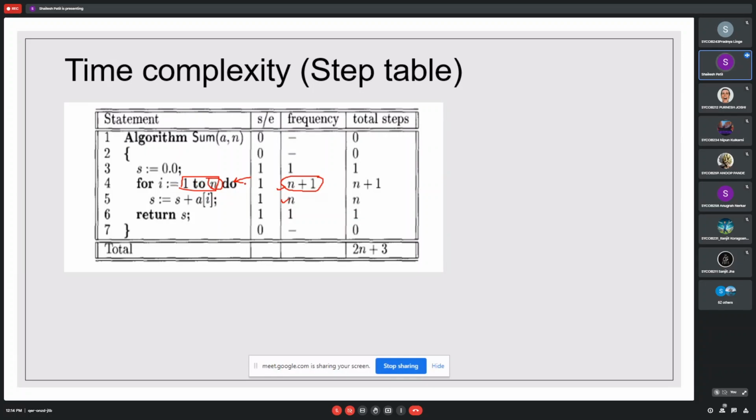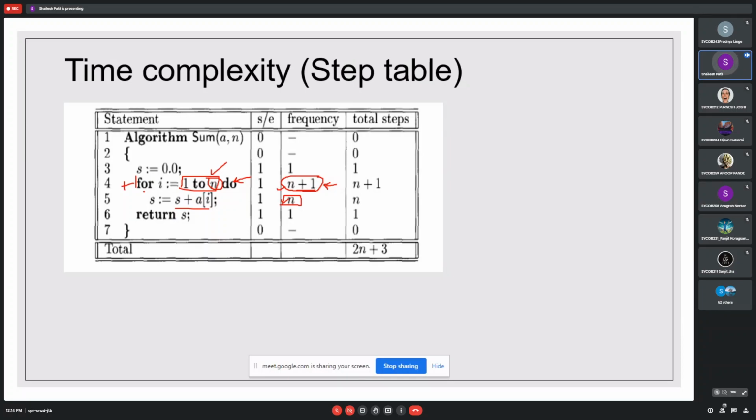If it is 1 to n, it will be n plus 1, because always whatever the final thing. I am considering with respect to i less than n, but it should be written like this, i from 1 to n. So if it is n, it is going to compare 1 plus, so it is n plus 1, and whatever the inside task we have, that is going to compare n times. So always remember that the outer loop will have plus 1 steps. Okay, so that you remember.